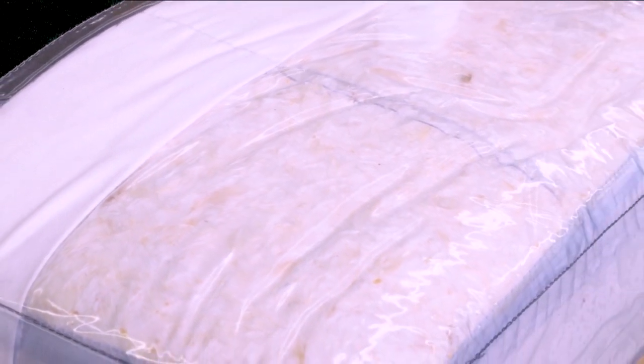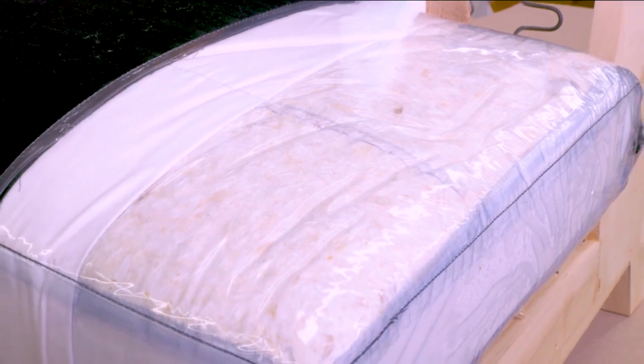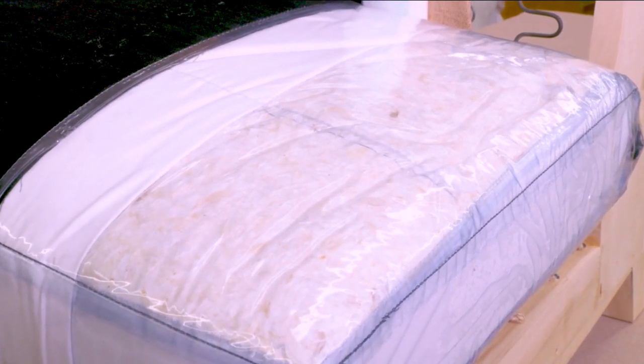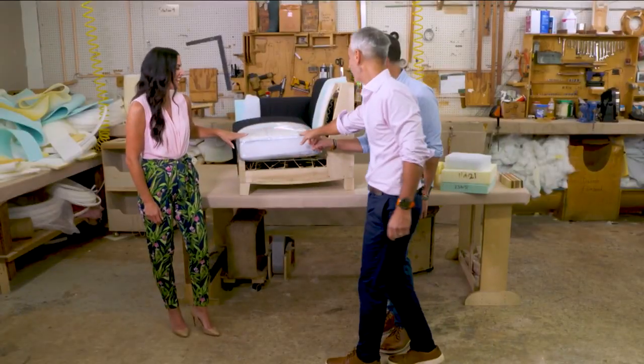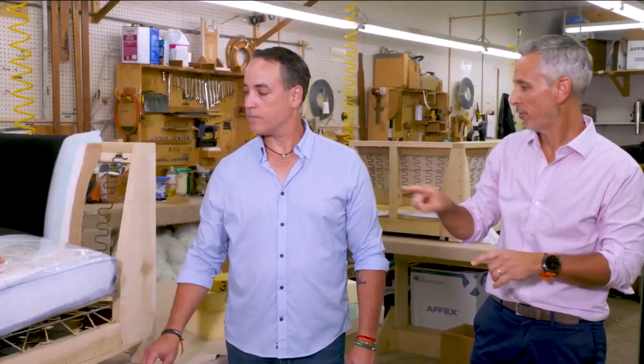So basically you have an inner core of foam. And there are channels above and beneath of feathers. I see the feathers to create the cushion. I love that this is clear. We can all see exactly the way it's wrapped. So the inner foam core